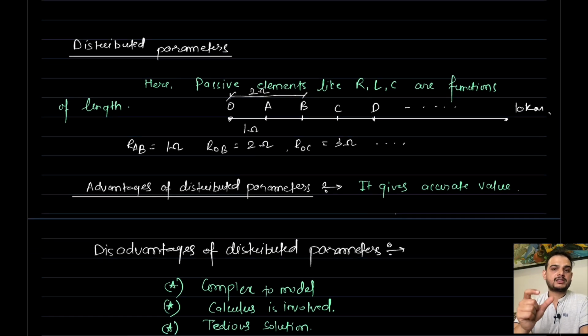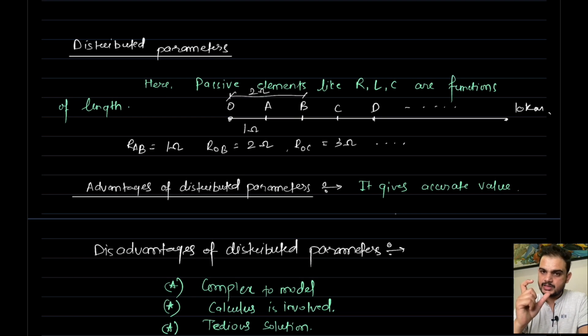Here calculus is coming in. It is a mathematical branch which is very complex and very hard to understand. Various differential equations will come, and a tedious solution, tedious meaning very long mathematical analysis, will come into the picture, but here things will be accurate. Here we get accurate voltage regulation, accurate efficiency of the system, accurate quantities with the help of the absolute model or distributed parameters. That is the main difference between lumped parameters and distributed parameters.